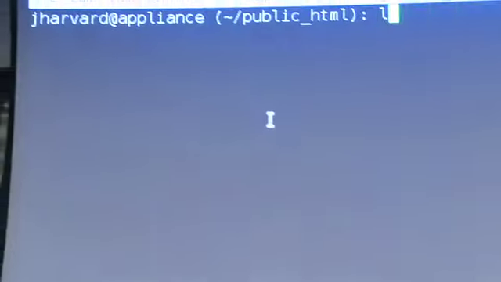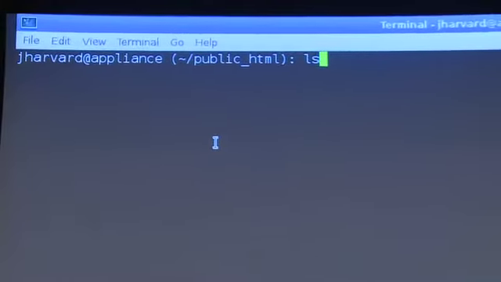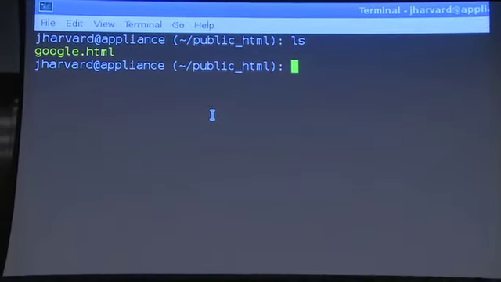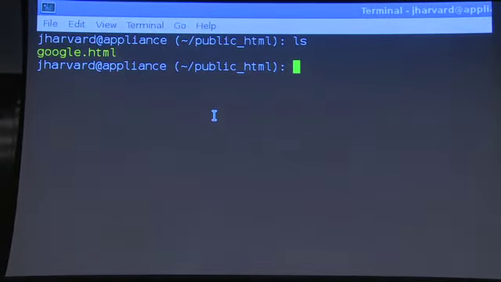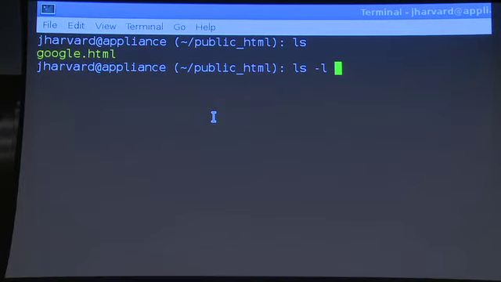So let me do ls for list again. This is like dir if you come from a Windows world. And I see google.html. Not all that enlightening. But I can do a long listing. So ls -l